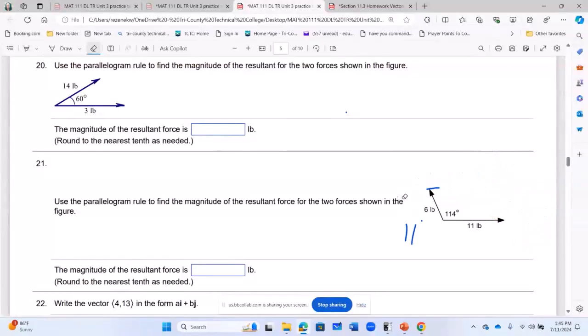Our test number 3 will open, test and quiz will open in the morning and close by midnight. Unit 4 test will open next Friday and close by midnight. When the Unit 4 closes, I will put in the final exam. Because after Unit 4, by the way, Unit 4 has 5 sections, 11.4 to 11.6, 8.1 to 8.2. So we are gone more than half. We're almost done. So the next thing we want to do now is